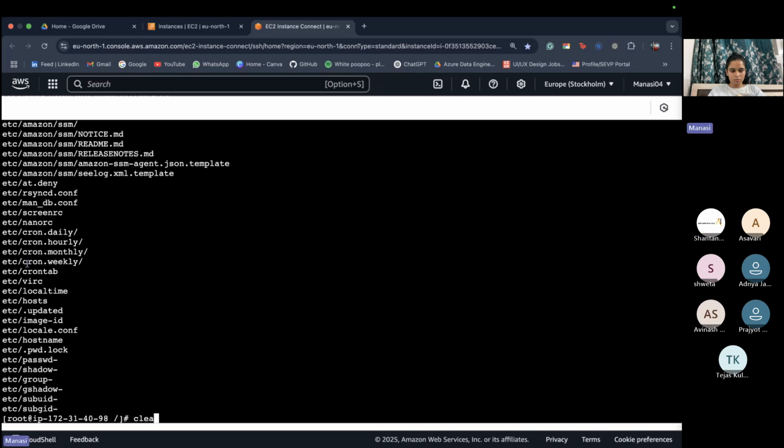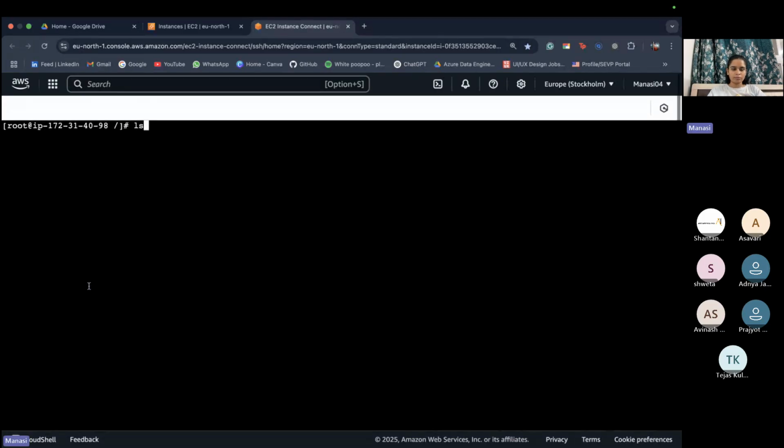Okay, the etc directory has been uncompressed and moved to slash gzip. Now let's check the size of slash gzip first.